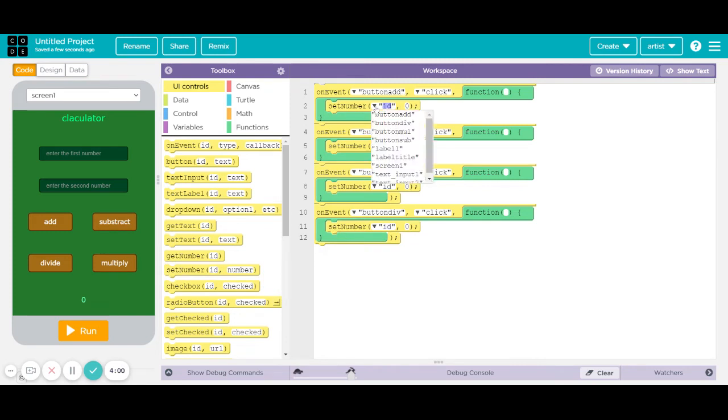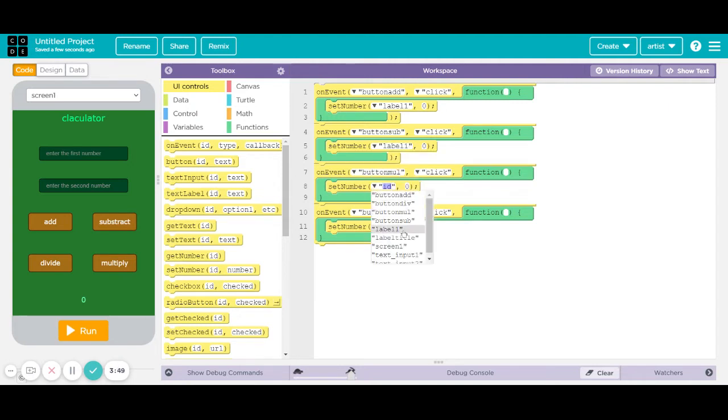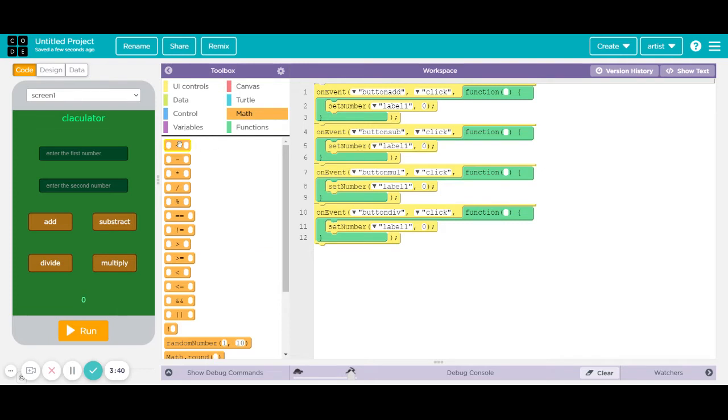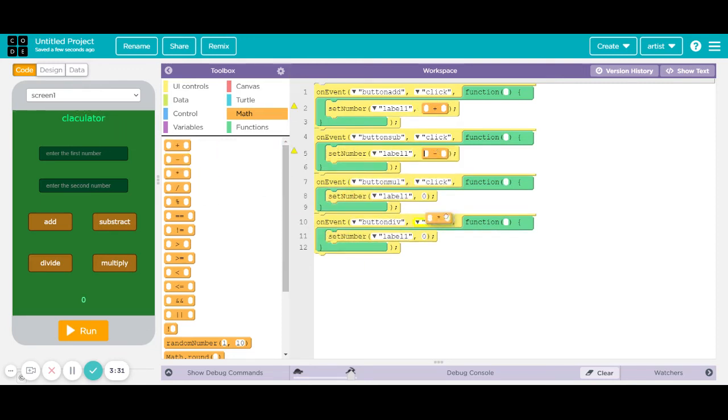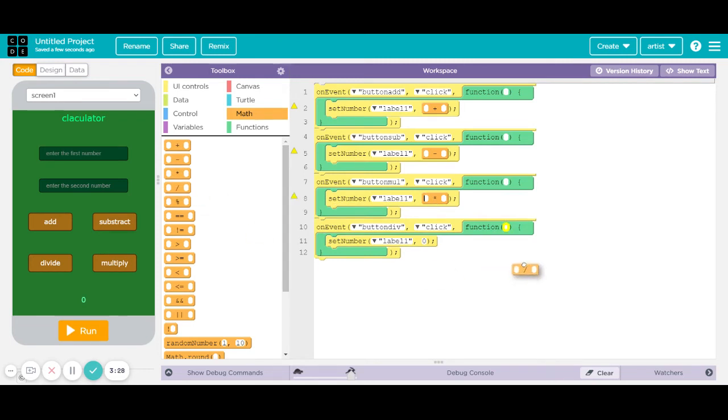and the ID will be the label 1. Buttons label 1, and then this will be the button text: in button add plus, here minus, multiply here, divide,